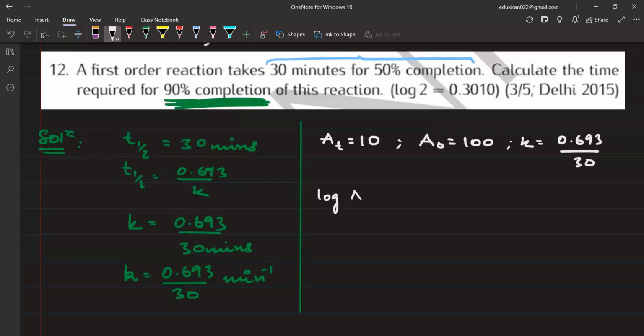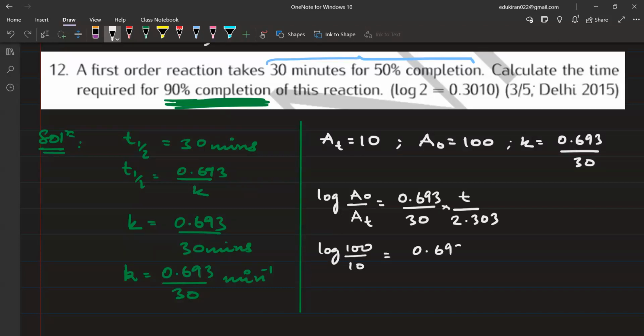Log of A naught by A is equal to K, which is equal to 0.693 divided by 30 into whatever the T is, divided by 2.303. So this has to be multiplied by 2.303. Log is log A naught by A, so this will be log 100 by 10 is equal to 0.693 divided by 30 into 2.303